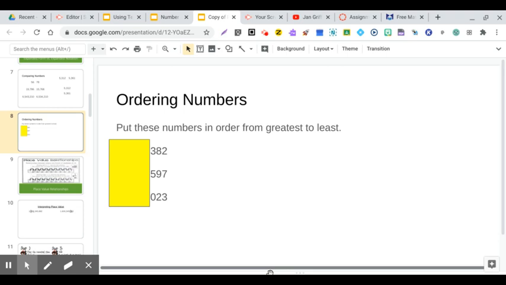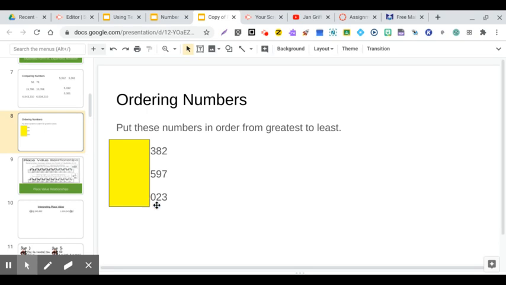Hi, boys and girls. Now we're going to have a lesson on ordering numbers. So right now I have the directions that we need to put these numbers in order from greatest to least. Greatest to least. And our numbers are 382,